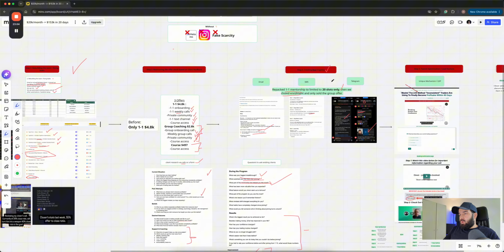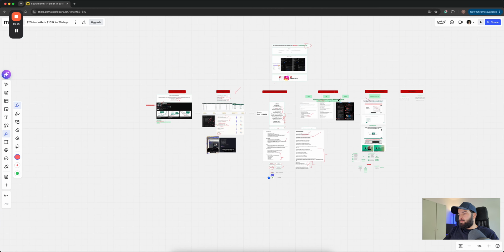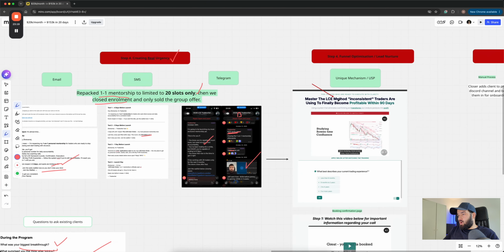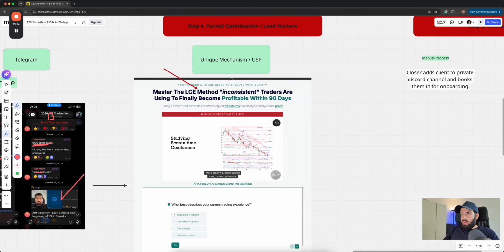And I believe that was really the main thing that was able to actually scale this offer, is having real urgency, real scarcity on the actual offer. And then from that, obviously fixing the back end, which was super important. Now, after that, we fixed the actual marketing. From the information that we got, we were able to fix the actual offer.